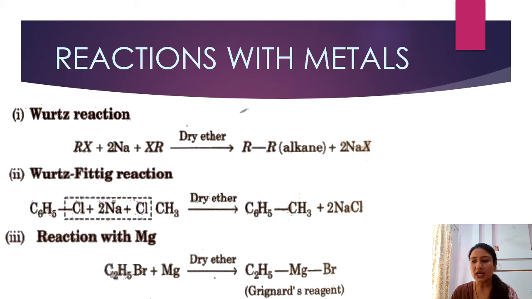An important class of these organometallic compounds was discovered by Victor Grignard. Victor Grignard, a scientist who discovered what we know as Grignard reagent. We did reactions of Grignard reagent which are given by Victor Grignard. The reagents are obtained by the reaction of haloalkanes with magnesium metal in dry ether, which gives us Grignard reagent.